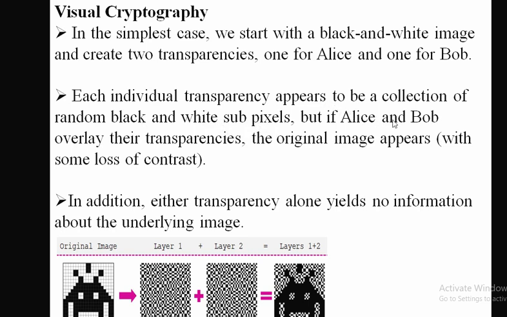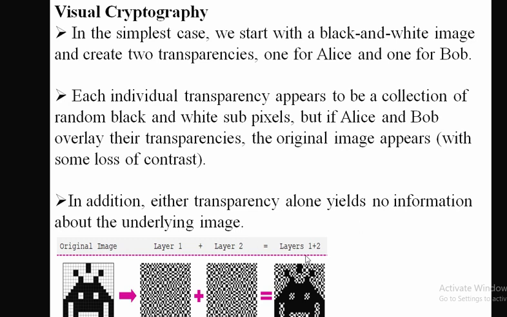But if Alice and Bob overlay their transparencies, the original image appears with some loss of contrast. In addition, either transparency alone adds no information about the underlying image.